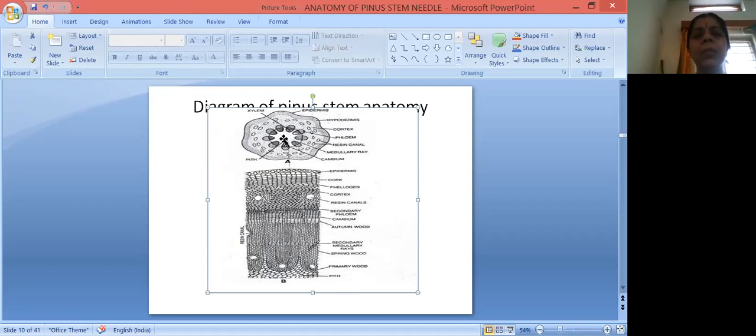So the pith is always made up of parenchyma. When the secondary growth occurs, the pith will be disturbed. The pith cells are ruptured and become empty due to the pressure of secondary xylem, which is formed towards the inner side, and primary xylem towards the outer side. So look at this structure. This complete portion, phellogen, phelloderm, phellem, comes under cork, a commercial product, and the cortex becomes lesser than the stelar zone, whereas in the primary structure, the cortex is more than the stelar zone.